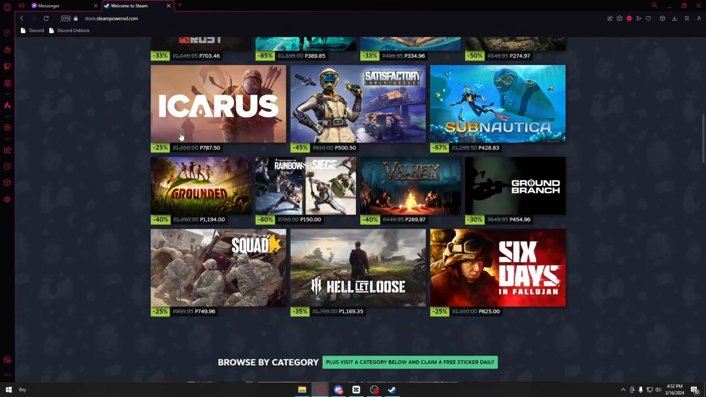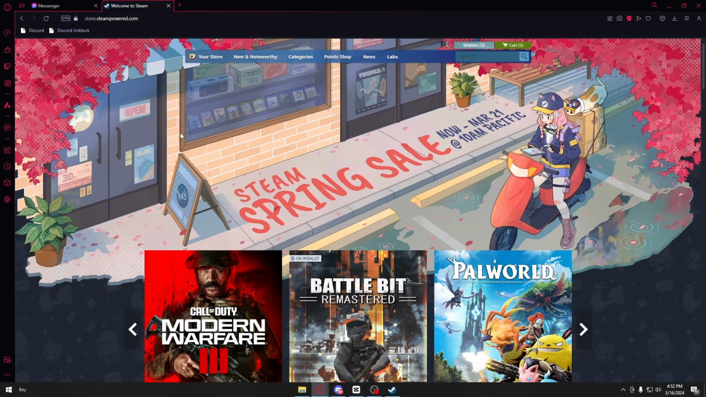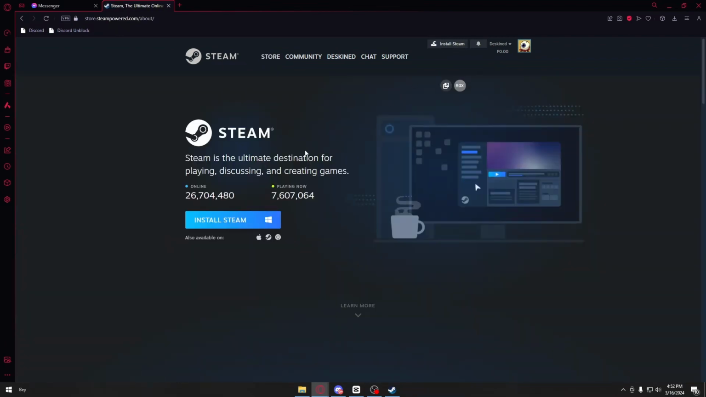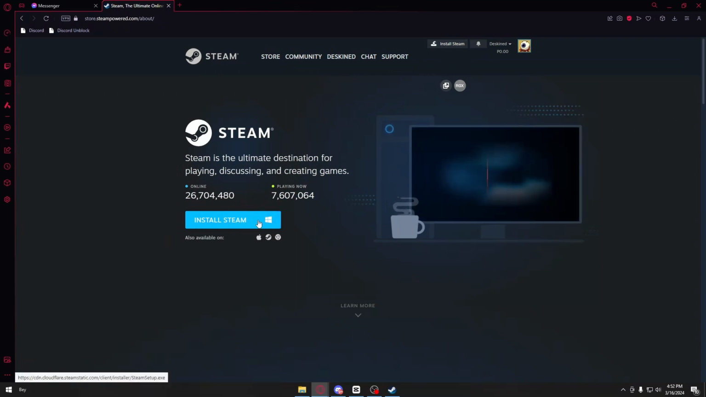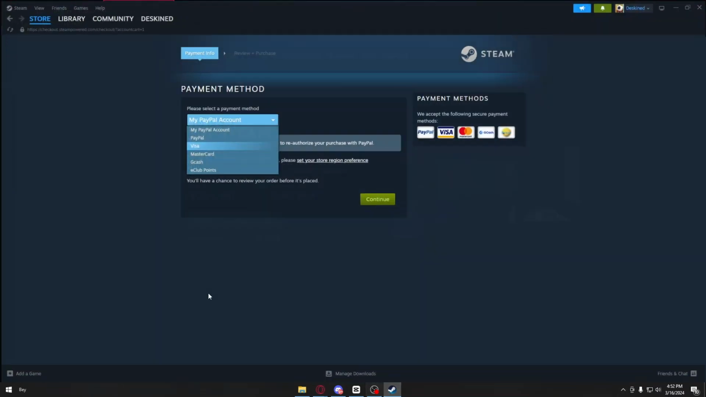Now, after opening up Steam right here, you will be prompted right to their storefront. And you want to locate the install Steam button right here. It is right beside your profile icon. After that, you can now install Steam directly into your PC. And after installing the Steam application, just open it up and you will be prompted right through